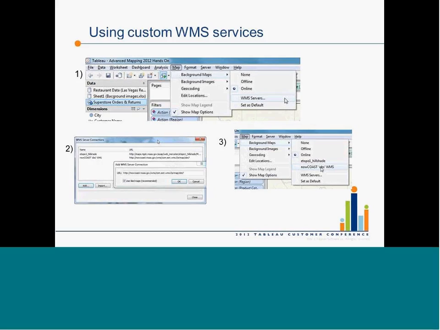We've got none, offline, online. Those are the default Tableau map services. We also have something called eTopo1 Hillshade and another called NowCoast Off WMS. These names may seem quite strange, but they are the default names that were assigned by the creators and publishers